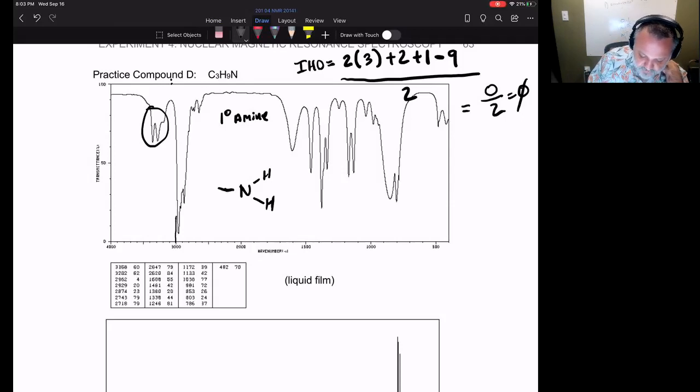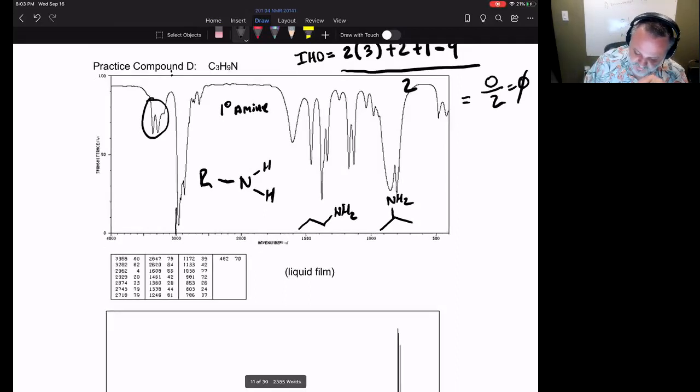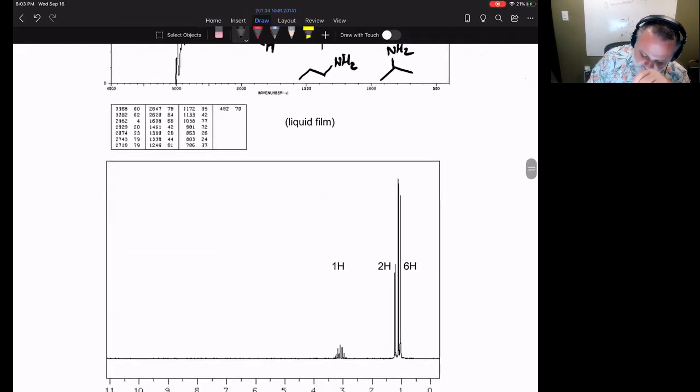Okay, well, what's my formula? C3H9N. So what are the possibilities? So what is this R group? Let's think. I can think of 1, 2, 3. That possibility, that matches up, but so does this one. Those are the 2 possibilities that match up with us. And so let's take a look at these 2 possibilities and let's think about how that lines up on our NMR spectra. Again, I'm going to write them down again. NH2 versus